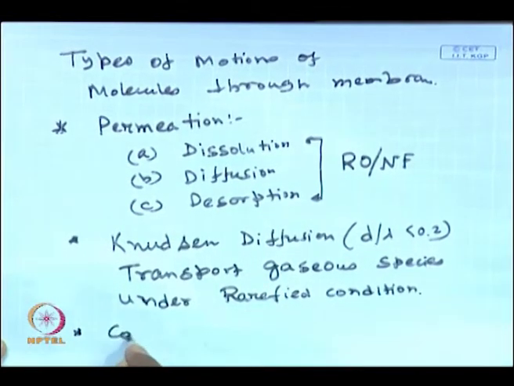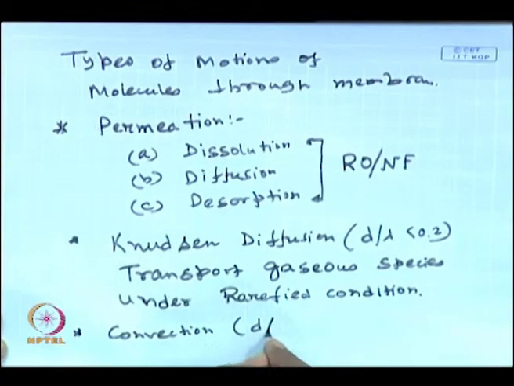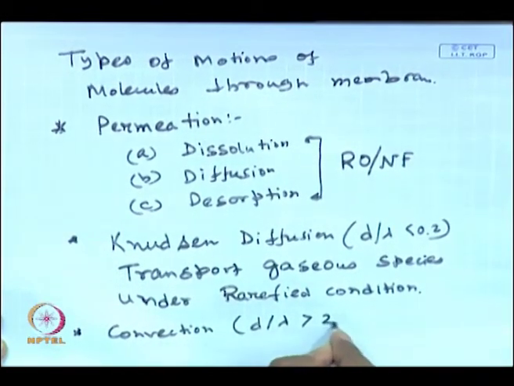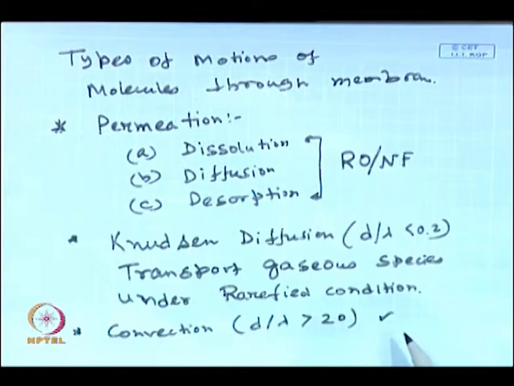Third one is convection. If d by lambda is greater than 20, then pure convection will be taking place under the pressure gradient. Okay. So, these are three typical different mechanisms that you will be coming across in